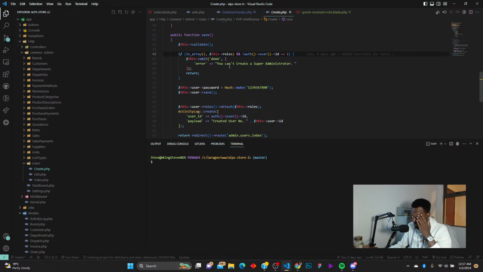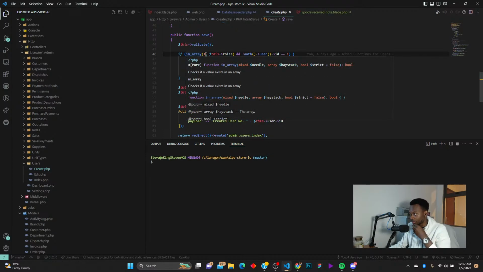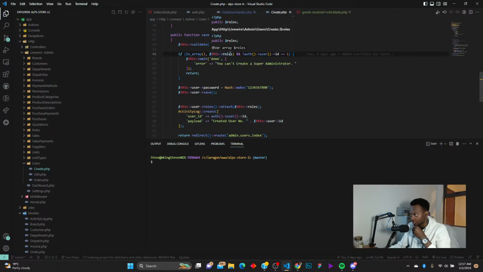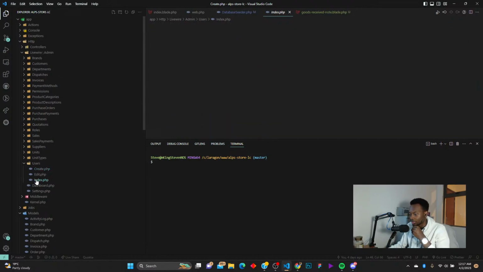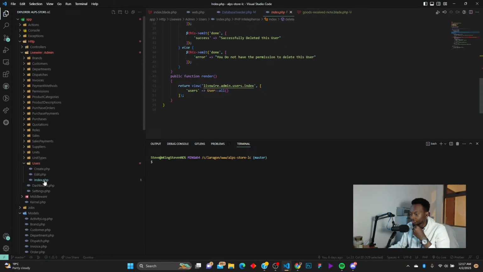So you can see in this array, if 1 is the needle and the haystack is the roles, and the authenticated user ID is not equal to 1, then emit: you cannot create a super administrator, and return. Now in terms of permissions to delete this particular super admin,